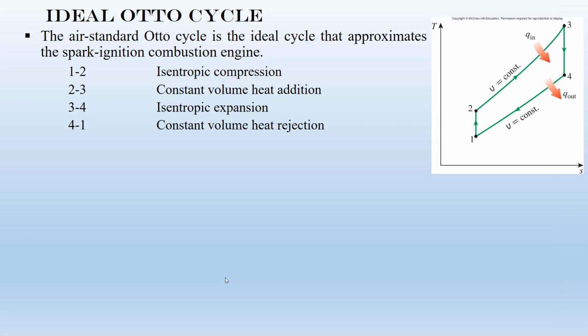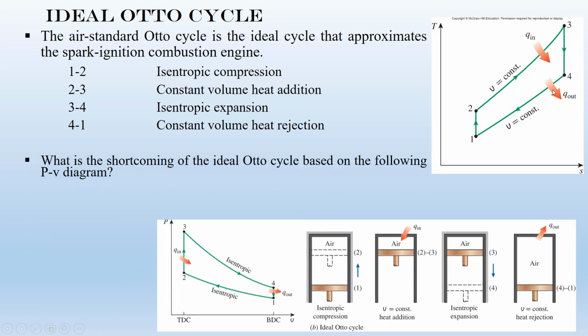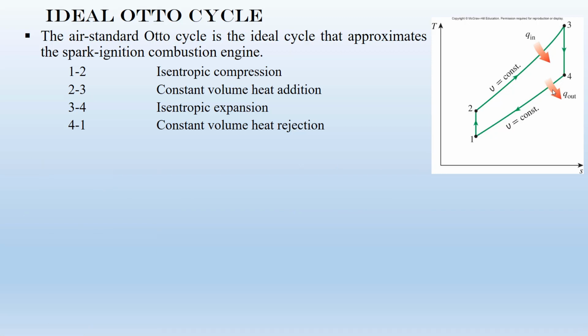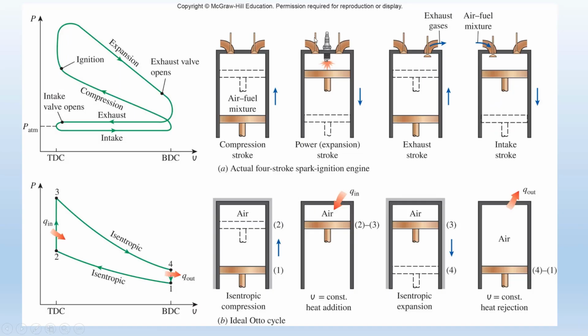Okay, to answer this question, guys, let's plot the TS diagram for the ideal Otto cycle. The ideal Otto cycle has two isentropic, or constant entropy, steps, and two constant volume steps. So this is the TS diagram for this process. Let's go back to the previous one. If you compare these two cycles, you can see that